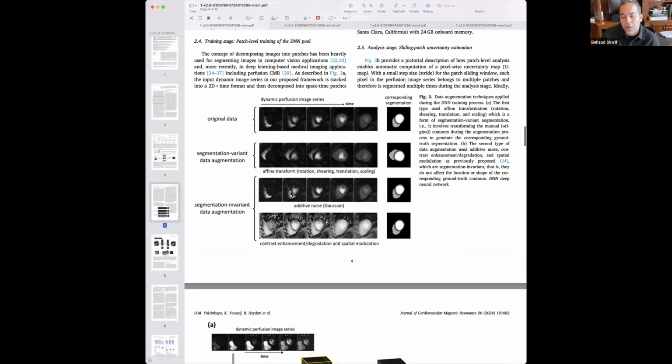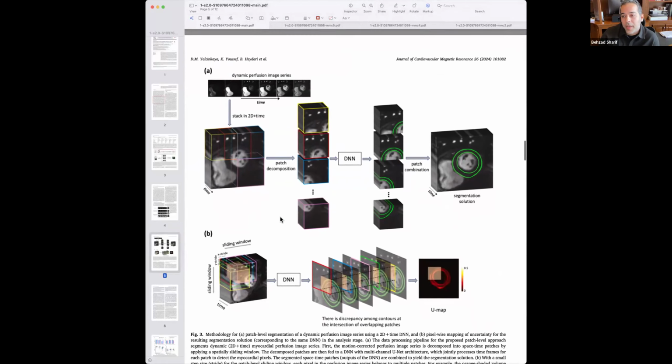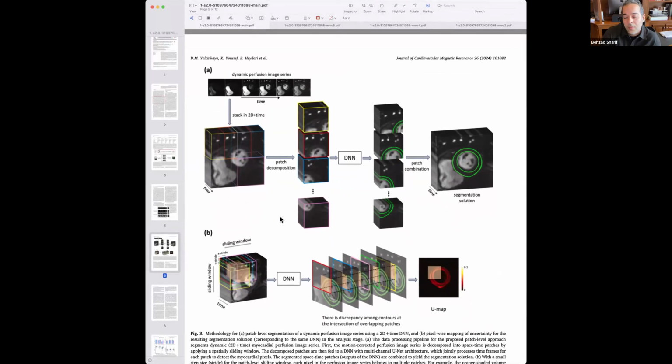Here we described all the different types of data augmentation we do to be as robust as possible to variations and data set shifts, just using our internal data set. That's a classic way to improve the robustness of deep learning-based image segmentation. We do introduce some interesting types of data augmentation here. And the next is describing the patch-based approach, which is critical to derive this innovative uncertainty map, as I described.